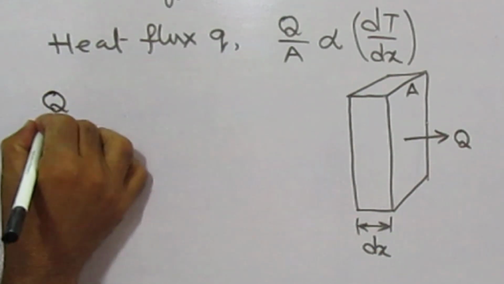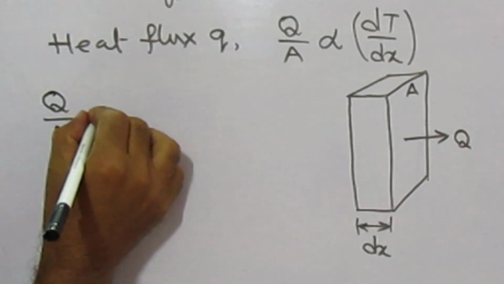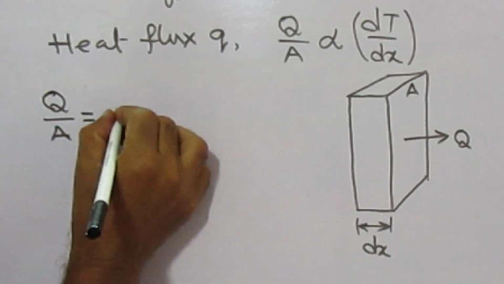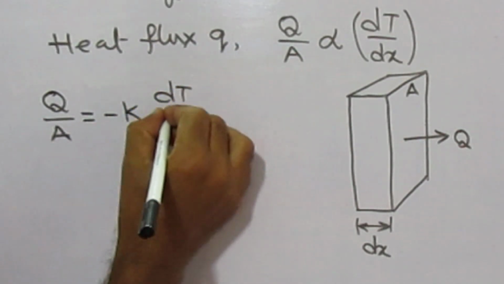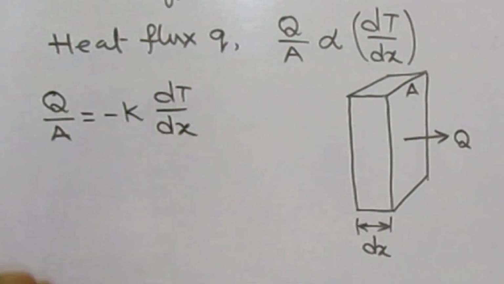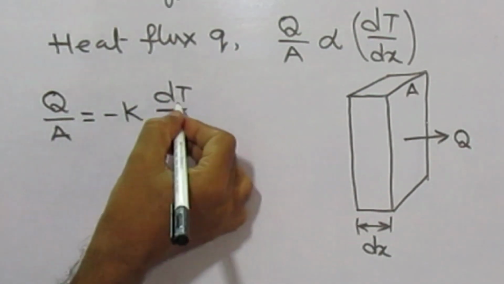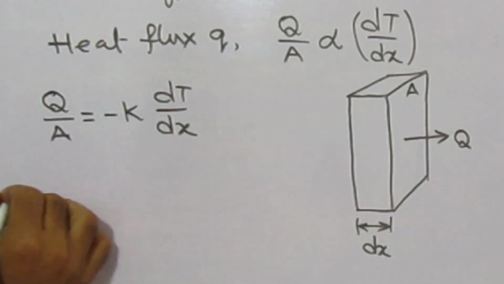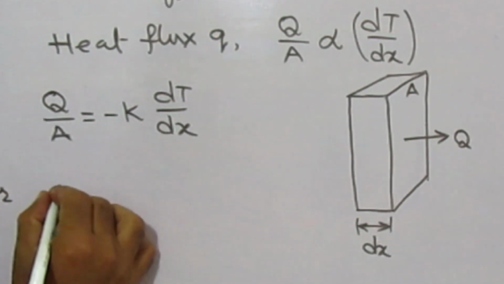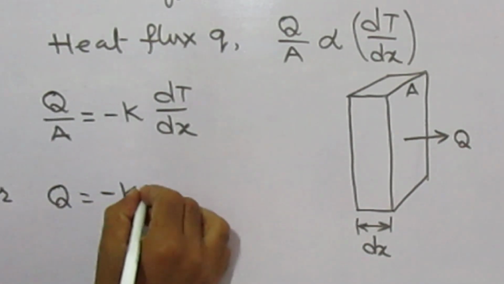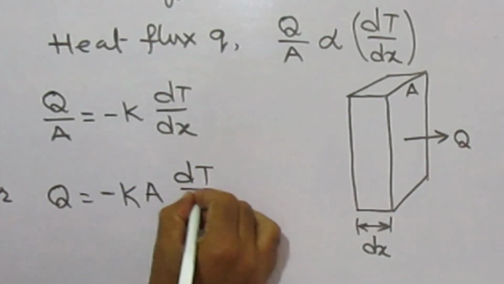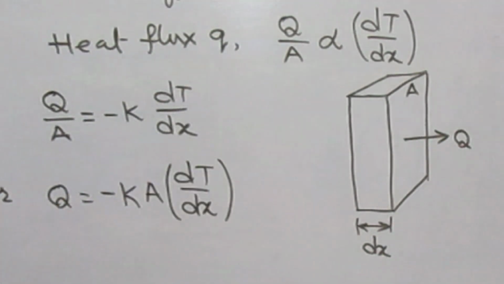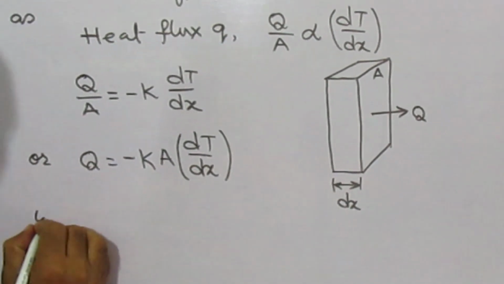Then Q by A, heat flux, is proportional to dt by dx and equal to minus K dt by dx. Because dt by dx is always negative, negative and negative gives positive. So Q equals minus K A dt by dx. So heat transfer rate Q equals minus K A dt by dx, where